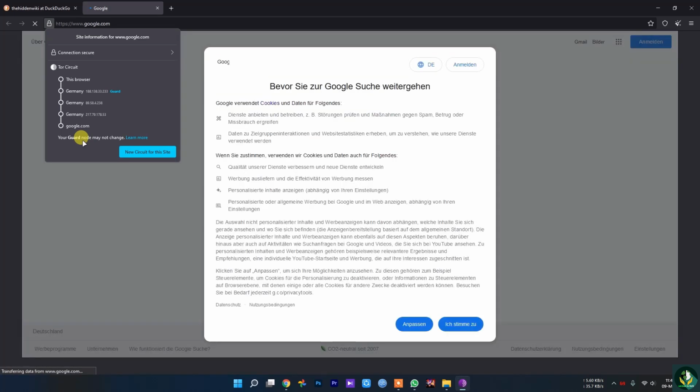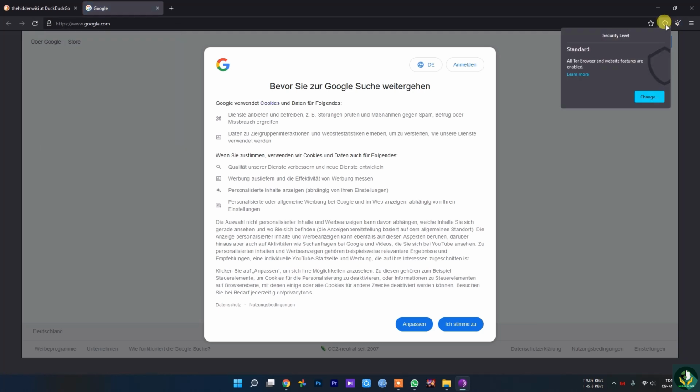If you click on the onion right now in here, it's going to say this browser's security level is standard, because all of the browser and website features are enabled.